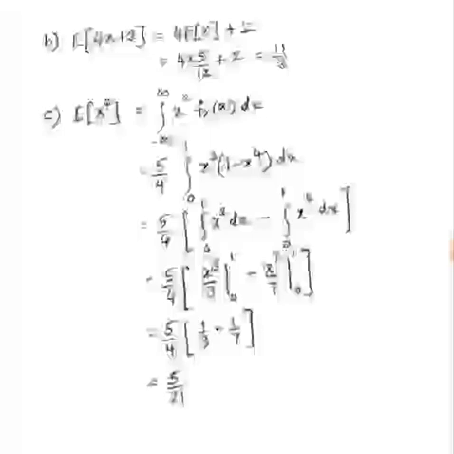just like whatever we had done for part A. So 5 by 4 multiplied with integral 0 to 1 of x square multiplied by 1, which is x square, minus integral 0 to 1 of x square multiplied with x raised to 4, which gives x raised to 6, dx. So applying the integration, 5 by 4 multiplied with the integral of x square, which is x cube by 3, minus the integral of x raised to 6, which is x raised to 7 by 7, and we take the limits 0 to 1. So 5 by 4 into 1 by 3 minus 1 by 7, and the answer comes as 5 by 21.